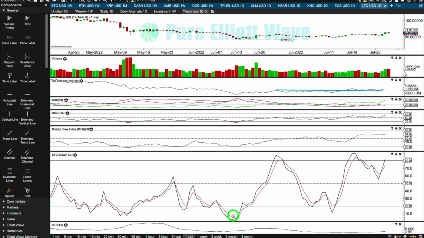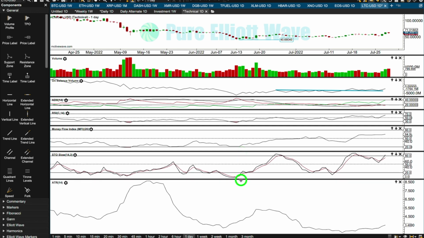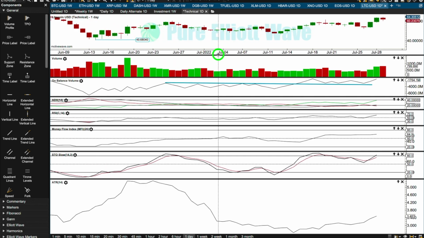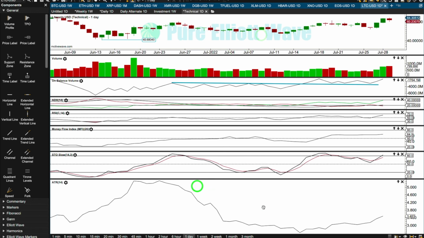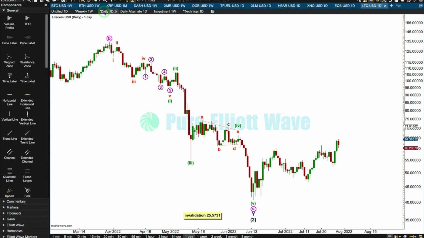Stochastics at the low here, no bullish divergence. And ATR overall mirroring price. Let's have a look and see how it's behaving for recent days. Yeah, price falls, ATR falls, price is starting to rise, ATR is starting to rise. So there's some strength or increased volatility in that upward movement. I think it's reasonably likely that